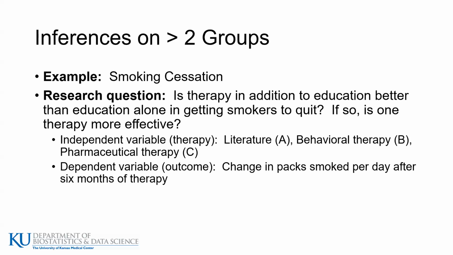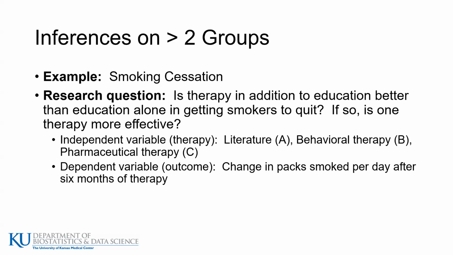Treatment A is literature, so the patients were just given some literature to give them more information about how to quit. Treatment B is behavioral therapy, and treatment C is pharmaceutical therapy. Our dependent variable here is the change in packs smoked per day after 6 months of therapy. So our outcome variable is a continuous measurement, since it's the change in the number of packs smoked per